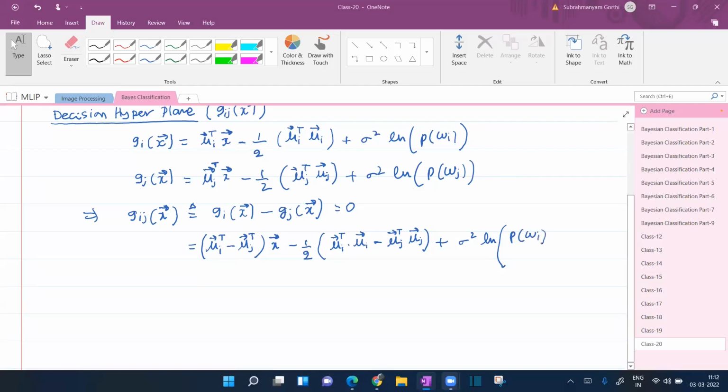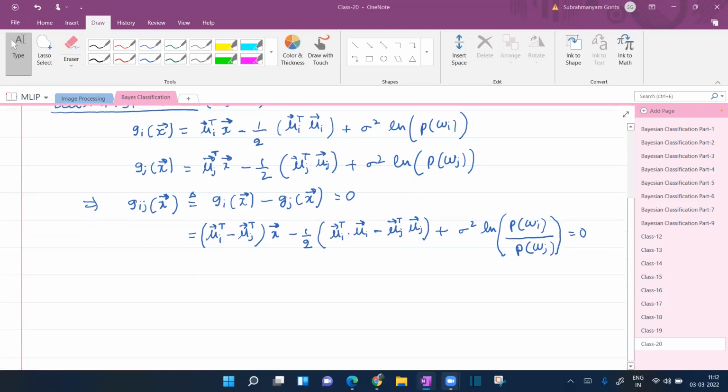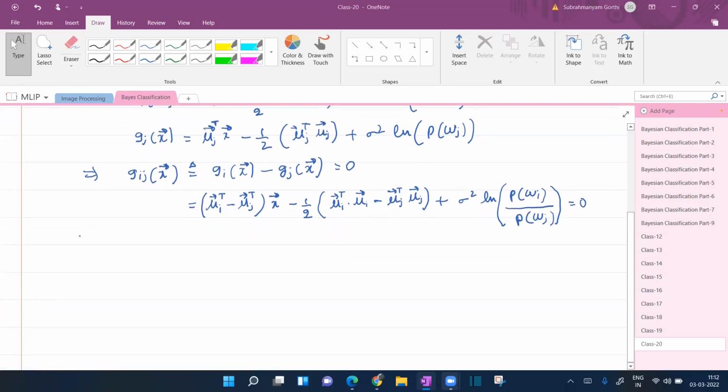Probability of omega i by omega j. Very good. Probability of omega j is equal to 0. Right. So now I would further simplify this as (mu i bar minus mu j bar) whole transpose. I could take individually transposes and subtract, or first subtract the actual vectors and take transpose. Both would mean the same, into x bar minus 1 by 2 into,